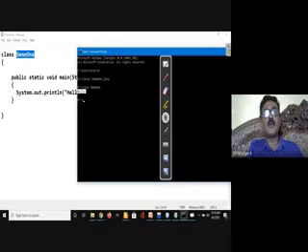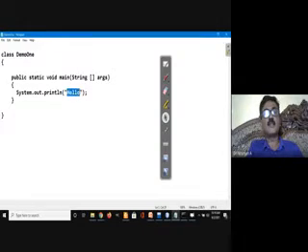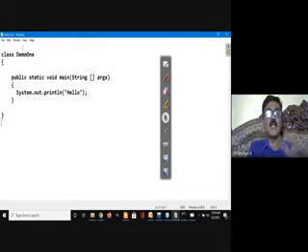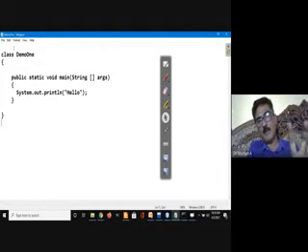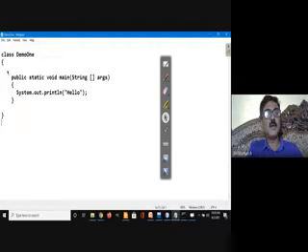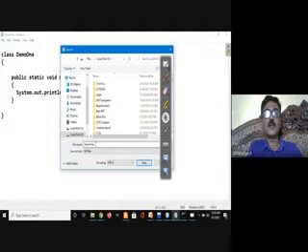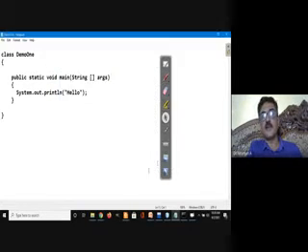See, I am now getting the output. Hello is what is written inside these double quotes. So I am getting hello in the output. So this is how you can execute your program by using a combination of two applications. That is the Notepad application where you can type your Java code. While saving, what is that you are supposed to remember? While saving, you should choose the save as type as all files, and the file name should be same as the class name, with a .java extension. That is what you are supposed to keep.